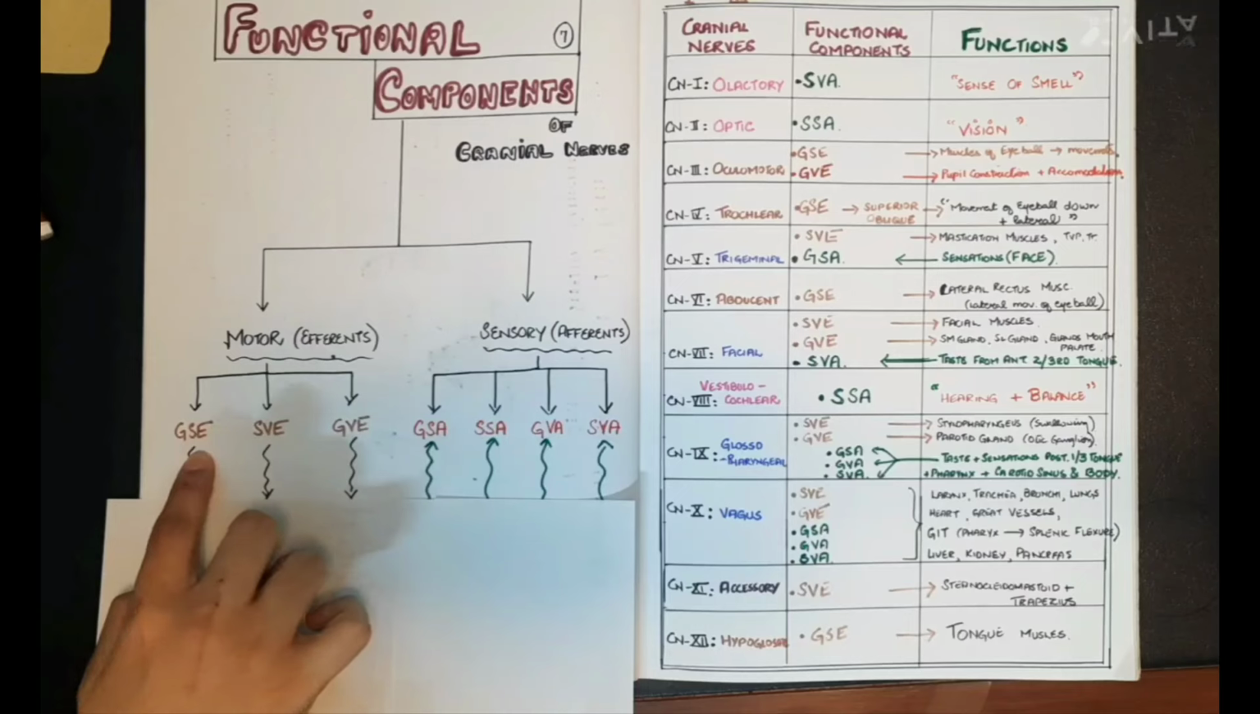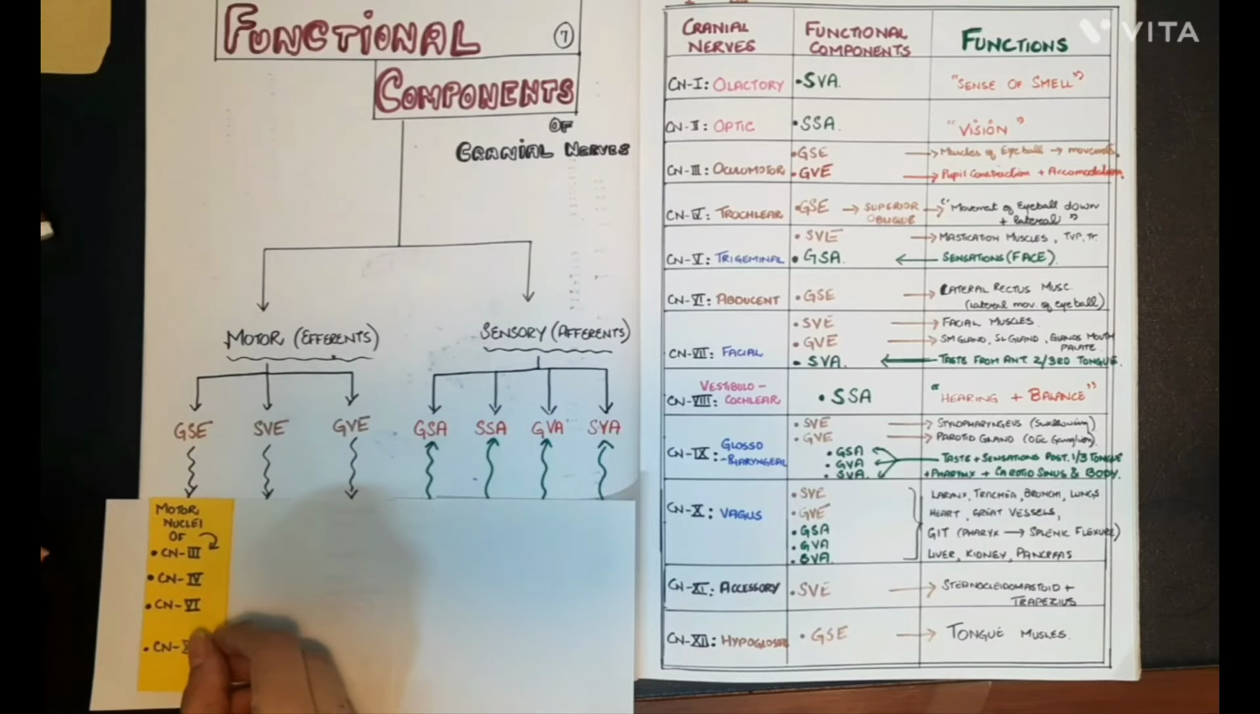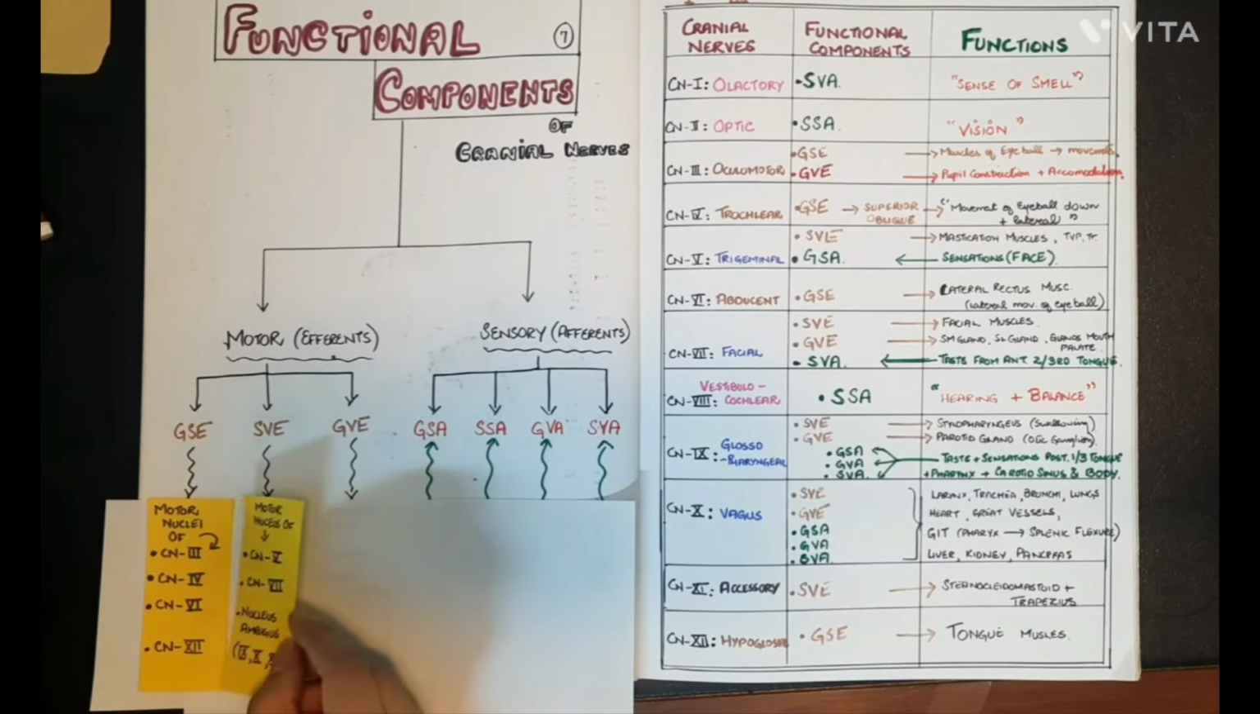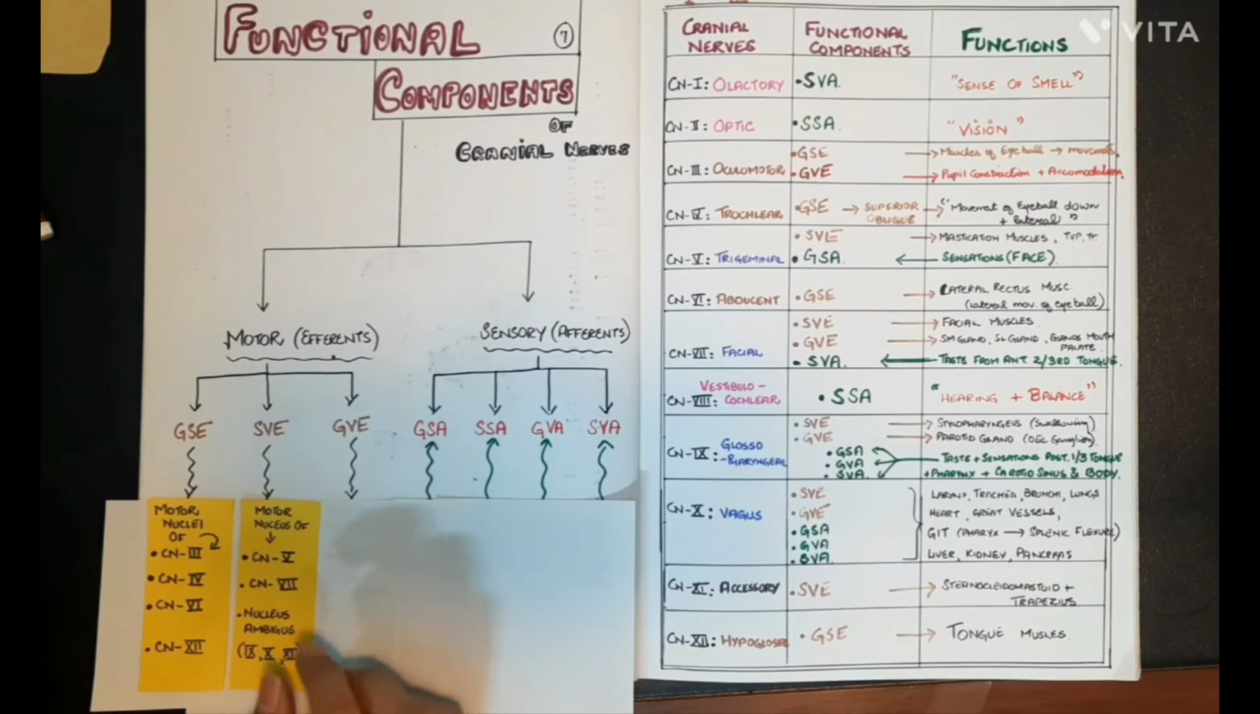Now that we have learned the functional components of each cranial nerve, let's do a quick activity where we'll try to group the nuclei of the nerves. The general somatic efferent group includes the motor nucleus of the 3rd, 4th, 6th, and 12th cranial nerves. Special visceral efferent will include the motor nucleus of the 5th and 7th nerves, and nucleus ambiguus of the 9th, 10th, and 11th cranial